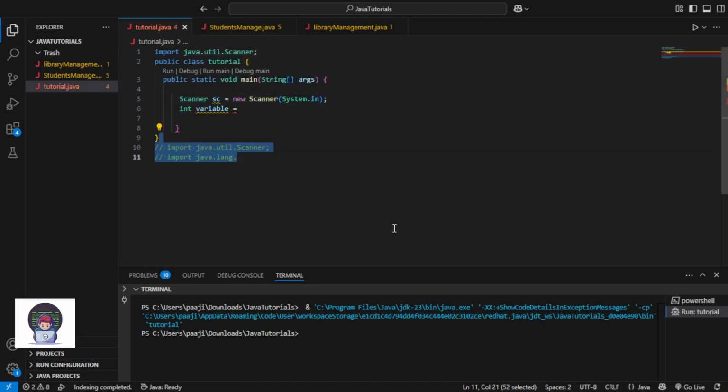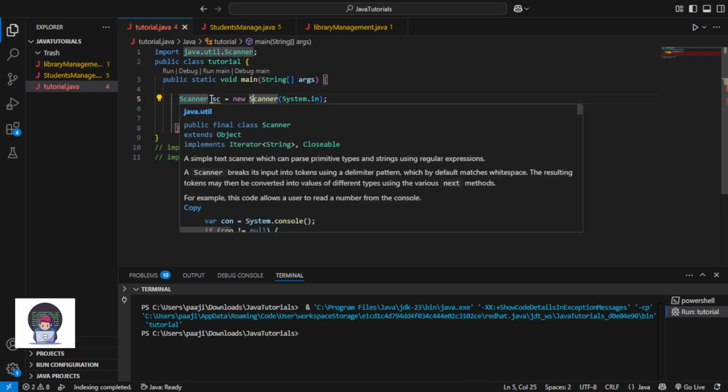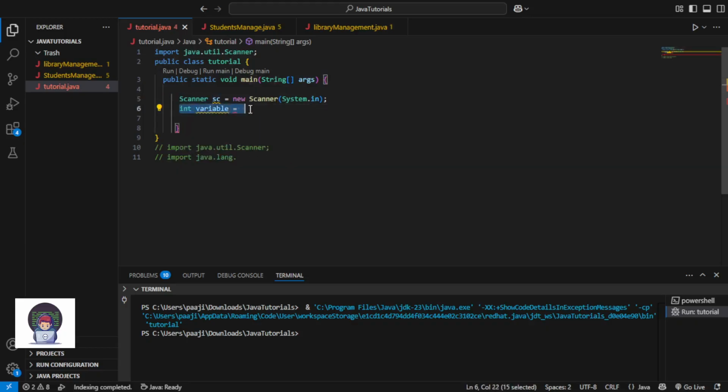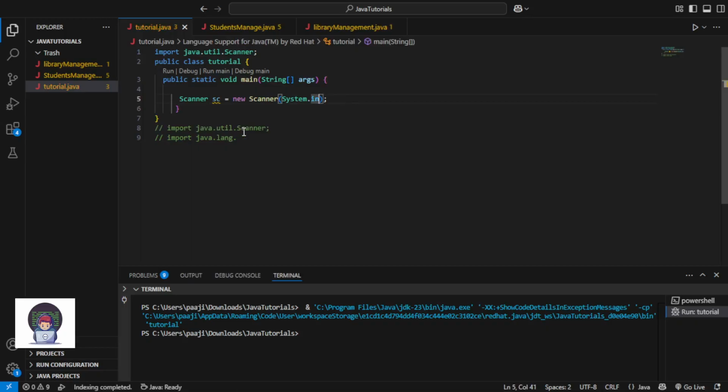When we import java.util.scanner, then scanner is treated just like a data type. So scanner for the data type, then the name sc is equal to, now we set sc to a new object of this scanner class.